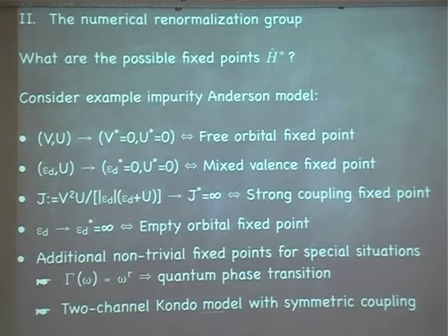The same happens for the 2-channel Kondo model, meaning a Kondo spin plus 2 electron degrees of freedom that can actually couple, where you have at a symmetric coupling, when both couplings are the same, you also have a non-trivial fixed point, a so-called 2-channel Kondo fixed point. And that was the picture in the very beginning where I talked about quantum phase transitions. That was this funny feature there. Okay, so actually this is what we know.